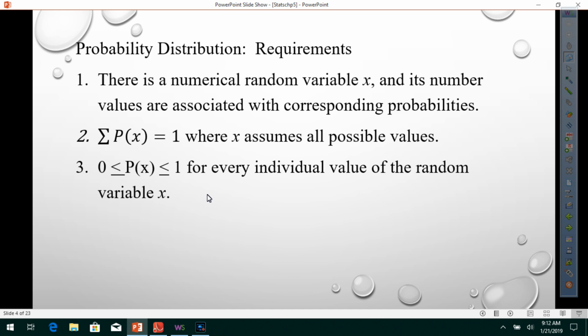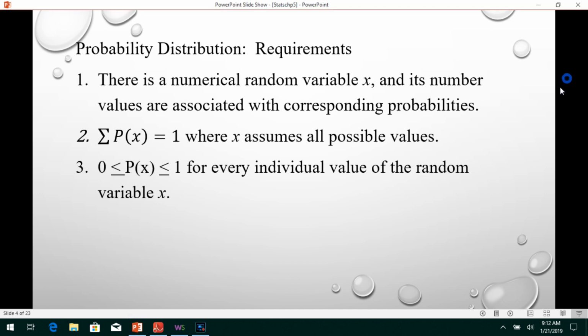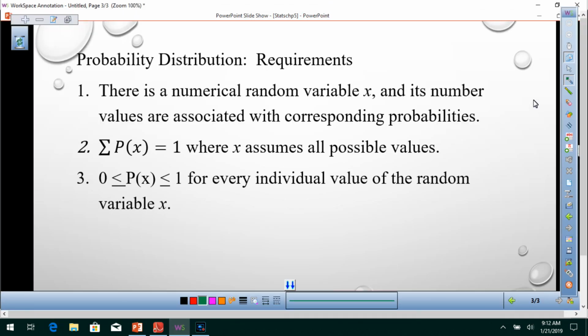Probability distribution requirements. Number 1, there is a numerical random variable x, and its number values are associated with corresponding probabilities. Number 2, the sum of P(x) equals 1, where x assumes all possible values. Number 3, P(x) is between 0 and 1 for every individual value of the random variable x. And let's take a little look at this. What if